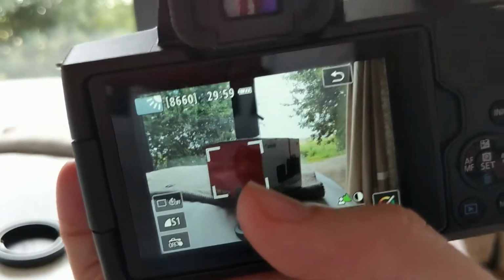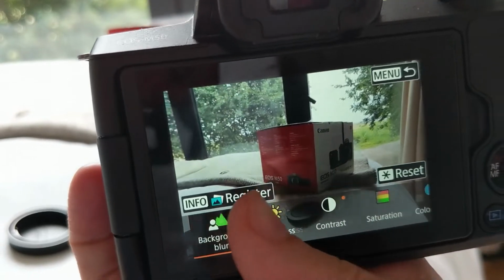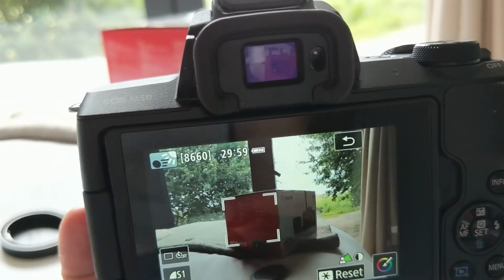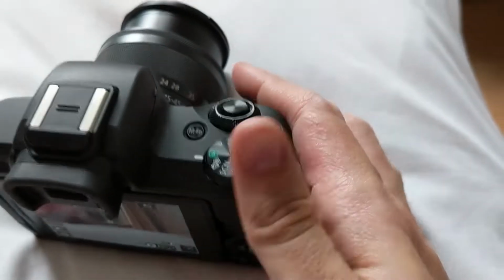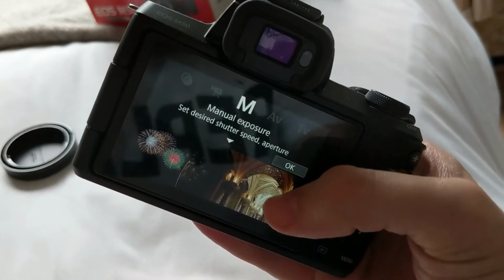So for me, this auto setting with all these kind of contrast and brightness settings is really good if you are upgrading from a smartphone. If, like me, you're upgrading from a DSLR, then obviously manual mode is the best,